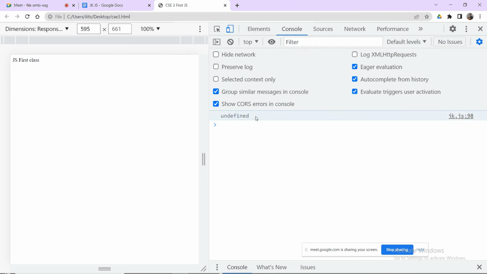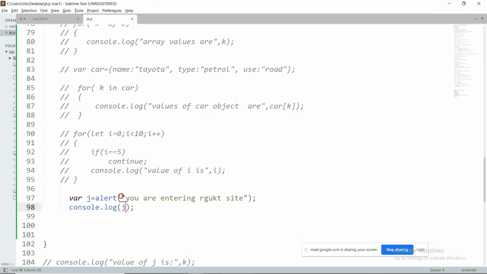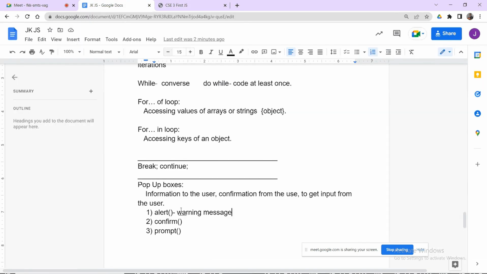Undefined. Whenever you click the OK button on the information alert box, it returns nothing. So its return type is undefined.